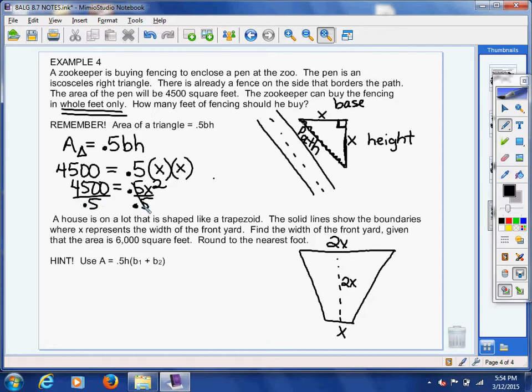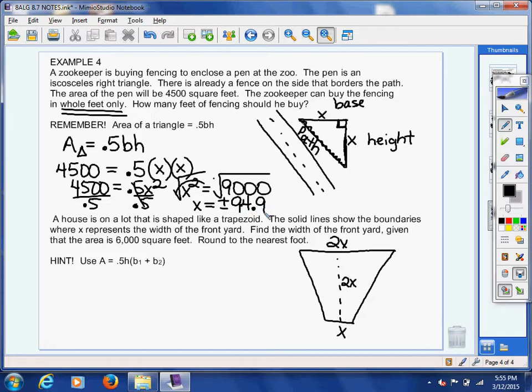Beautiful. So now you should have x squared equals 9,000, because when you divide by 0.5, it's the same thing as multiplying by 2. So to get x by itself, we are going to take the square root of each side. And so we're going to have positive and negative versions of this. When you take the square root of 9,000, go ahead and do that in your calculator right now, you're going to end up with a decimal. And if you round to the tenth,